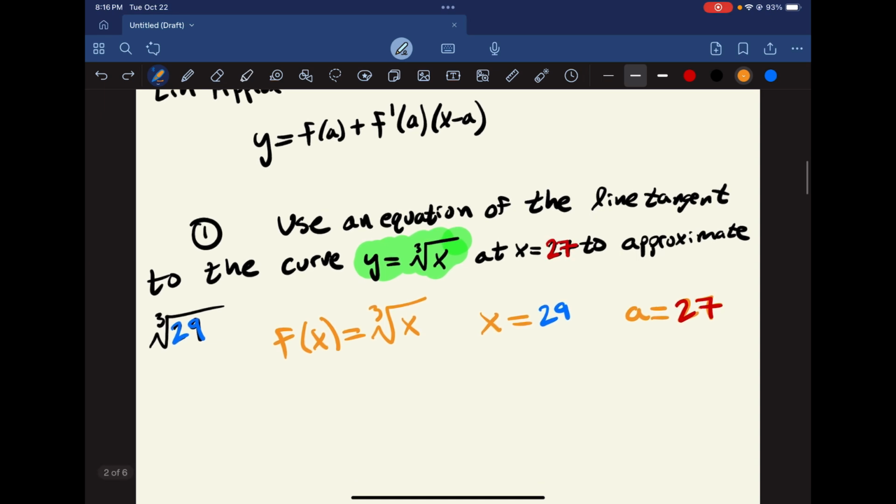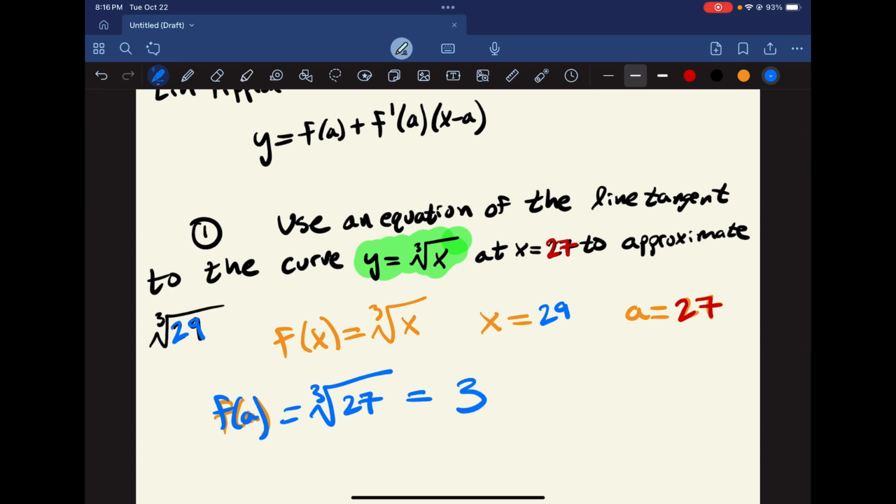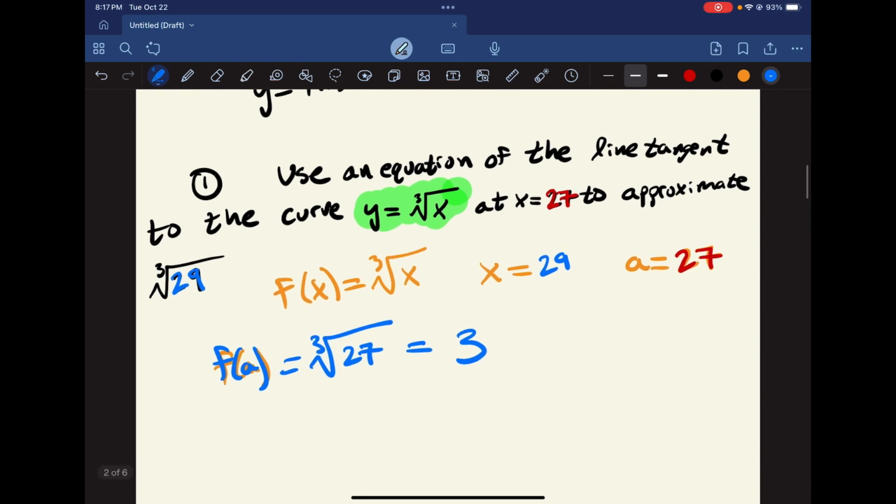So f of a, right, our f of x, here I'm going to color code it actually. So our f of x is the cube root of x. So our f of a will be the cube root of 27. And that's, as we said, just 3, right? Because 3 times 3 times 3 is 27. So then